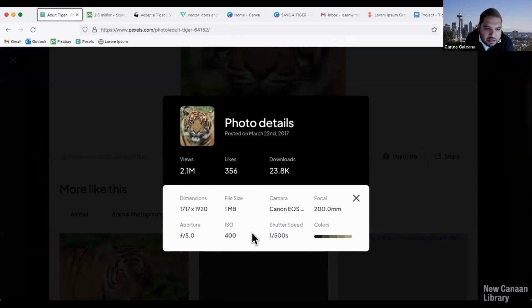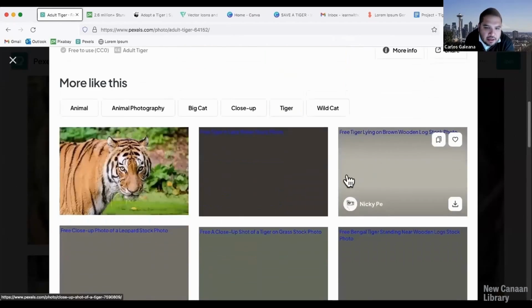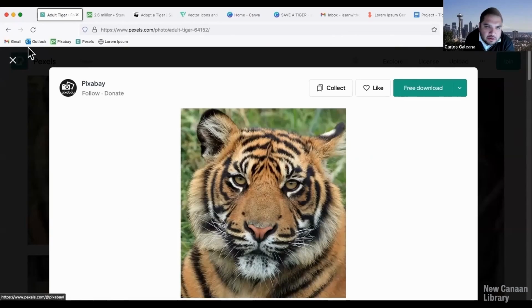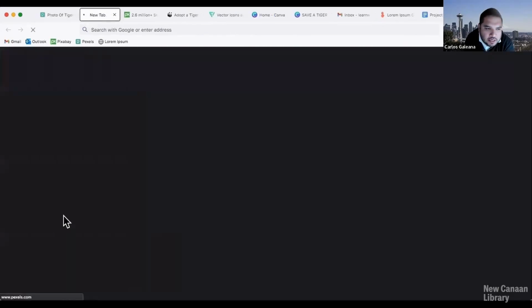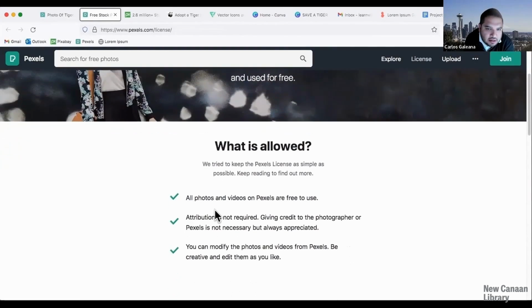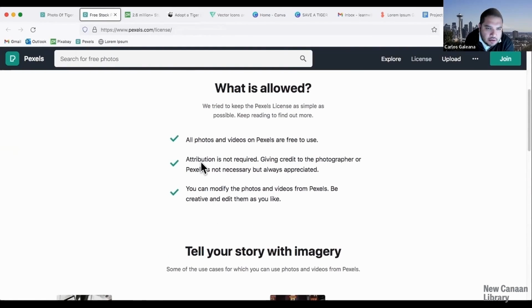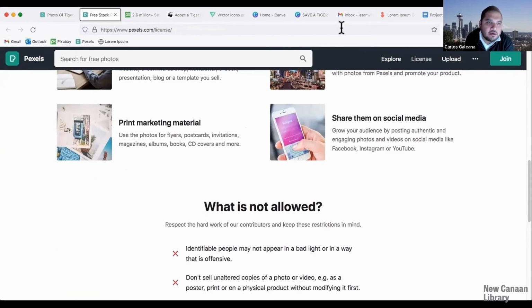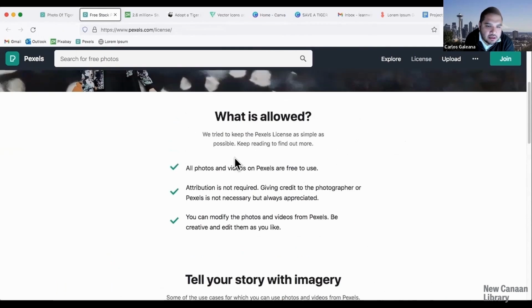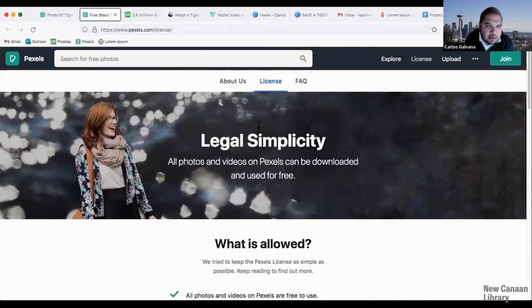You can learn more about the dimensions of the photo itself. And they have a whole bunch of photos that you can use for free on here. Let me choose a different one. Free to use. And then if you click on it, it tells you more about the licensing there. Attribution is not required. It's not necessary, but always appreciate it. You can modify the photos. And I have an article, actually I have a video on that slideshow where it breaks down more of these licensing things with Creative Commons.